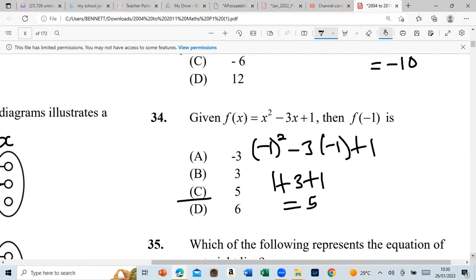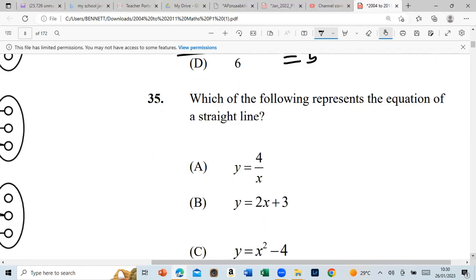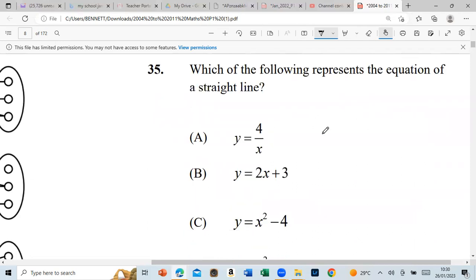Alright. Number 35. Which of the following represents the equation of a straight line? Every straight line is in the form y equal